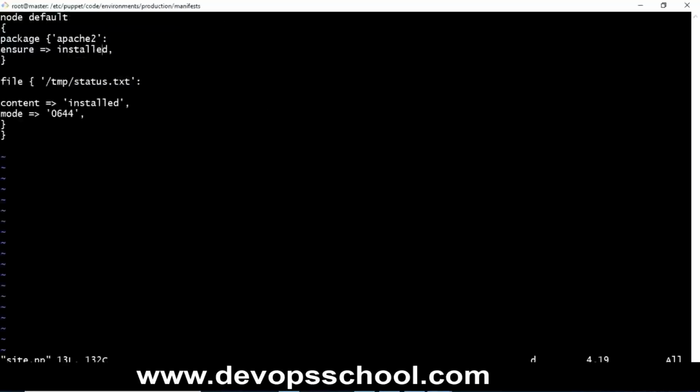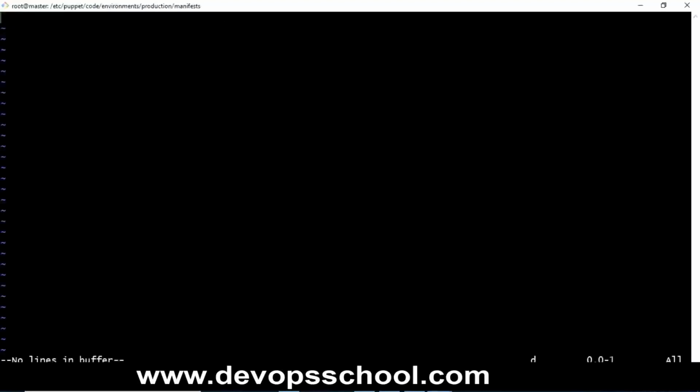and here I will write some code. So let me write some code. So I'm saying node default. Okay. And there are some functions. So if you want to declare a variable in Puppet, you need to use the dollar symbol. For example, I'm saying message. Message is a variable. Now in this message variable, I want to store a value, and that value